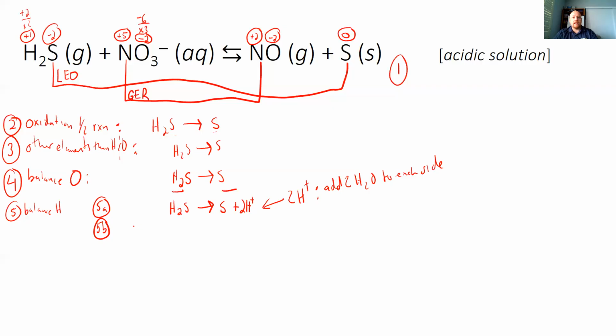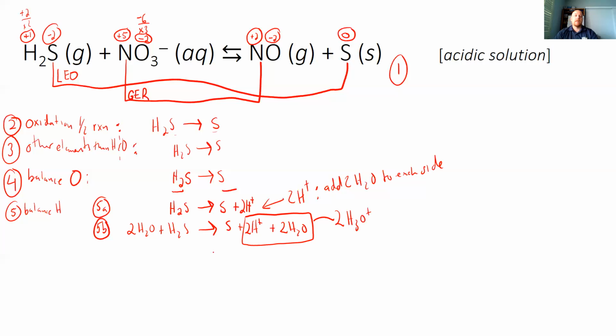I'll say, okay, well, I need 2 water, so I'm gonna have 2 H2O plus H2S react to form sulfur plus 2H plus 2 H2O. Except when I have H plus and H2O together, those combine to give us